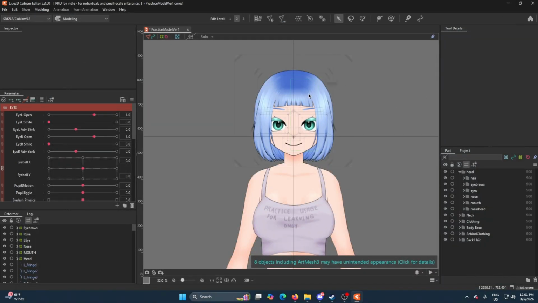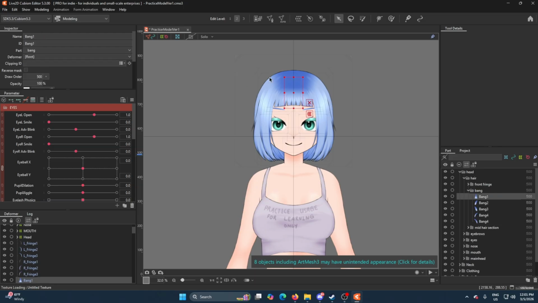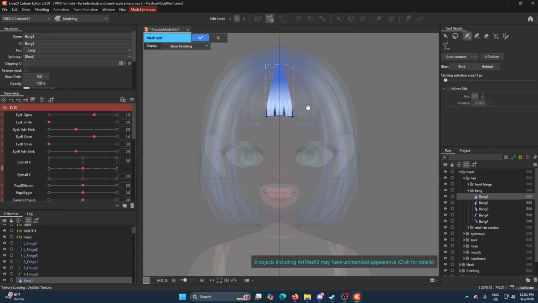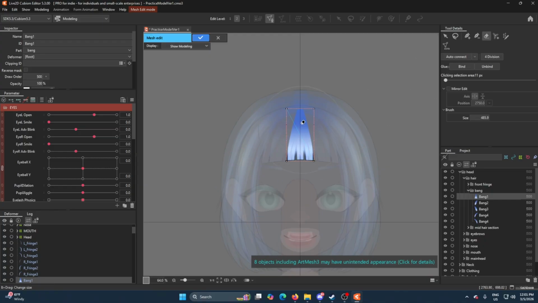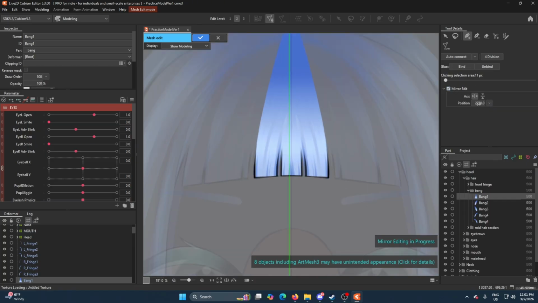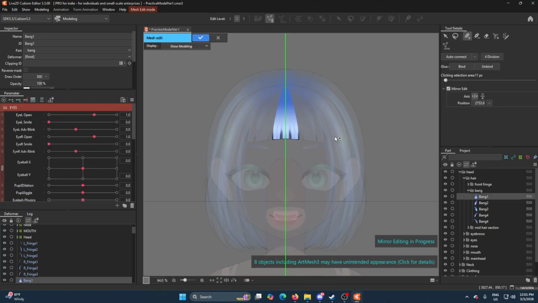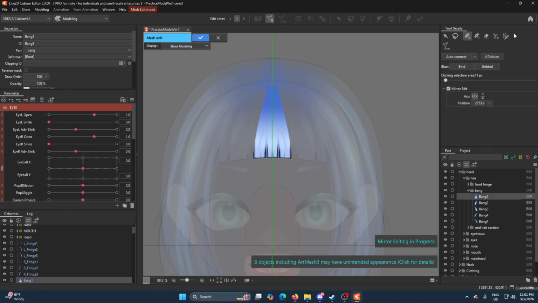But first, one thing that I mentioned from the very beginning is I am lazy when it comes to doing meshes, and I do them kind of as I go. So first thing we want to do is start meshing the hair because that's going to be very important. We did mesh the face in the last video. We're going to press the mirror edit again, and our thing is not on center in this VTuber, so I'm going to center it. But since I drew everything very symmetrically, it's going to help me out a little bit in terms of the mesh time because I am going to be able to at least copy, paste, and flip meshes over. What I'm going to do with this one is click on the number 1, and